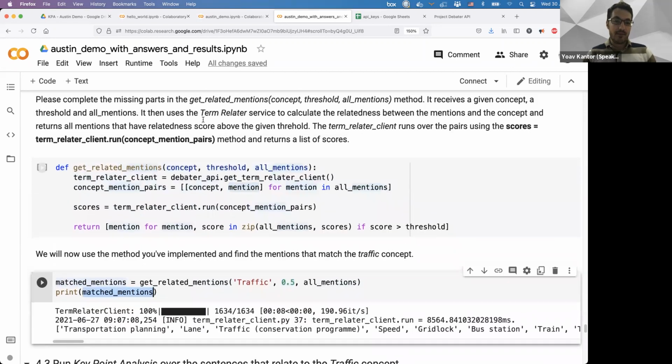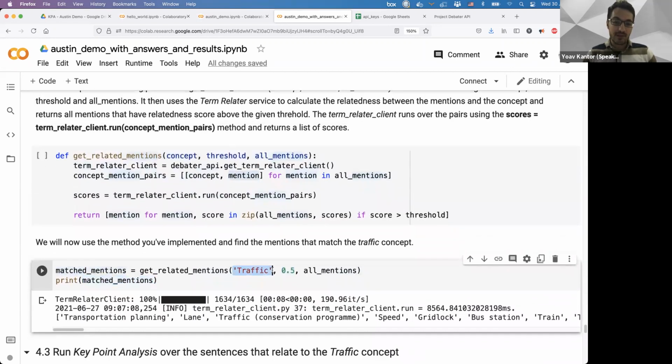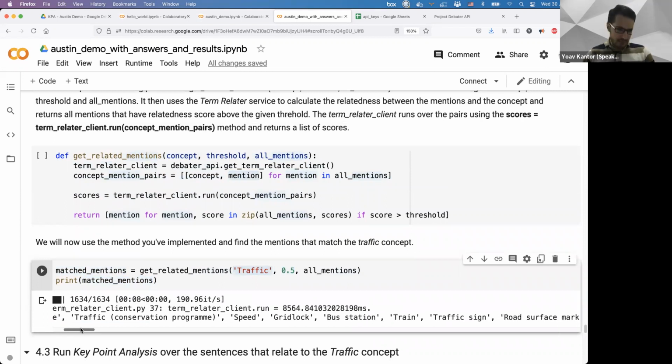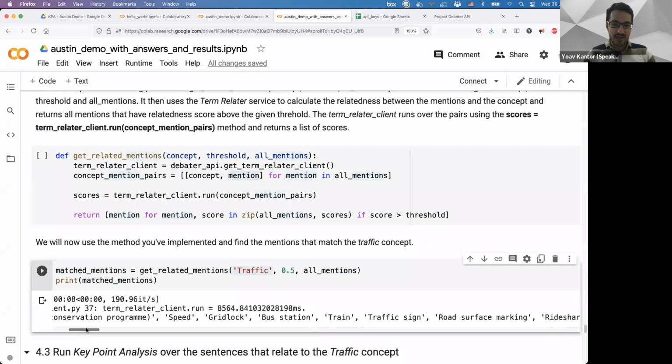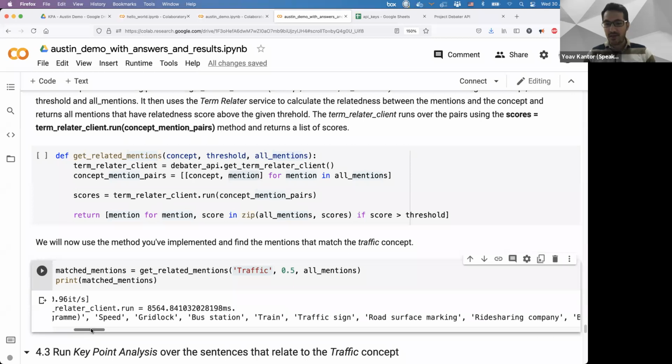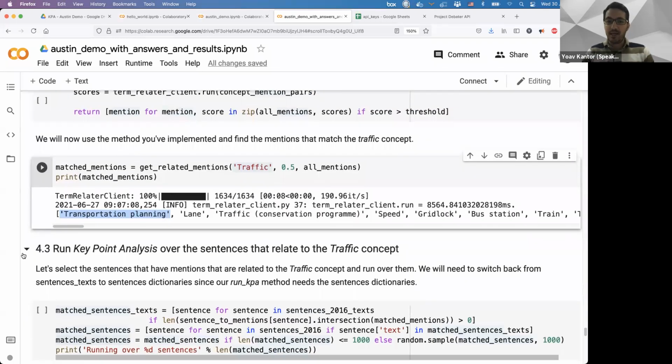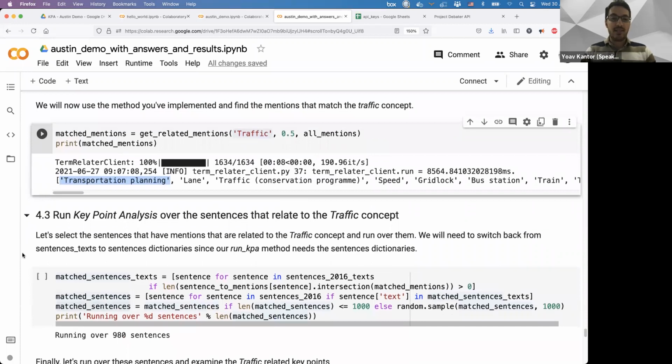We started with the traffic concept, and these are the concepts that are related to it: transportation planning, lane, traffic, conservation program, speed, gridlock, bus station, train, and so on. We can see that these concepts are highly related to the traffic concept, right? And now we'll take all the sentences that have at least one of these concepts.